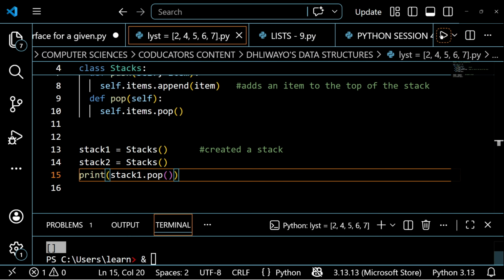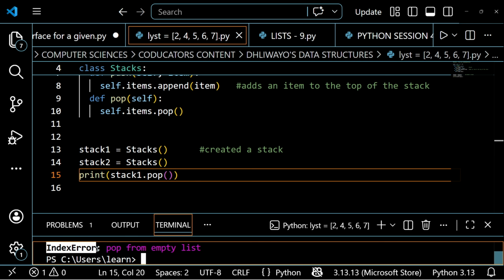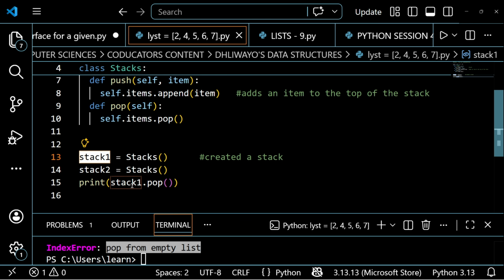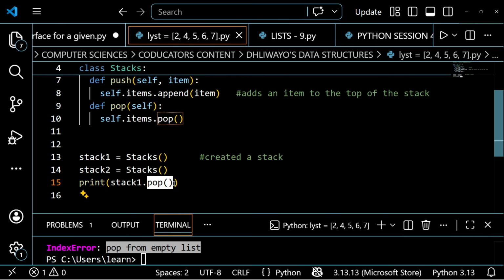So if I do that, this is going to give me an error. This is going to be an index error, and this index error is saying pop from an empty list. You cannot remove an item from a list with no items. I mean, you cannot steal from someone who doesn't have anything. So similarly here, this stack 1, initially it is instantiated, or constructed, as an empty list. So it doesn't have any items in it at all. So the moment you create a stack 1 object like this and you try to implement a pop on an empty list, the pop will give you an index error because there is nothing to remove.